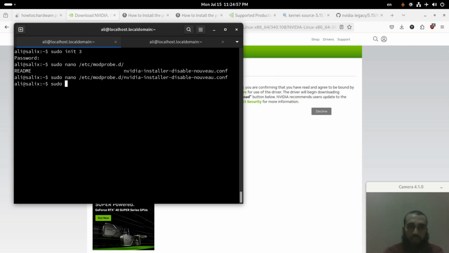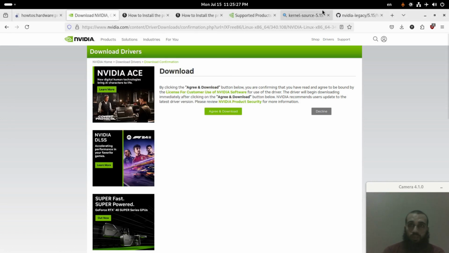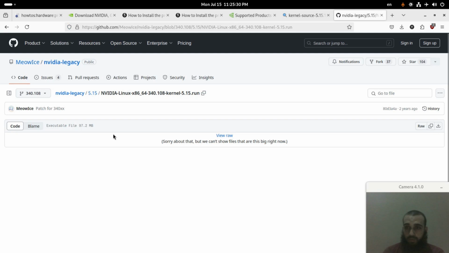You should install a package in case you are prompted to, which is kernel source. I do have it installed, so I don't need to do it again. If the drivers complained about it, you should install it. Otherwise, if you don't get any error about it, you don't need to do this step. And then I continued. I've done this off cam,